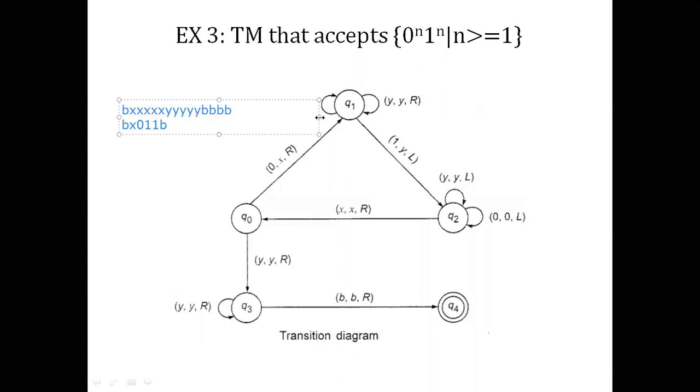Now while it is moving one cell right, the machine will cross all the other zeros. So that's why we have this transition. The machine remains in the state Q0, and now it is looking for what? It has to look for a corresponding 1 with respect to the 0 which it has marked as X. As soon as the machine finds that 1, it even has to cross these Y's which it has previously written. And then if it finds 1, it replaces it with Y and then goes ahead. Finally, the last condition which is mentioned here is